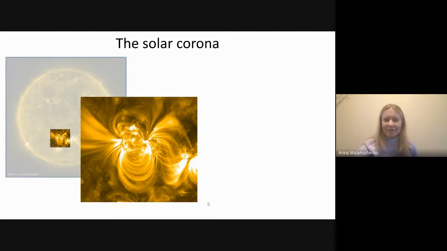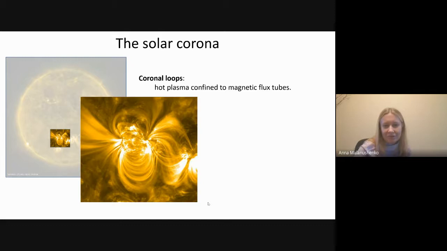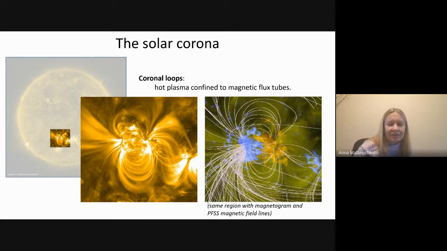The coronal loops are typically thought to be a manifestation of hot plasma that is confined to magnetic flux tubes, heated to just the right temperature so that we can observe it in whatever wavelength we are looking through. Here is a comparison of the same active region. On the left is an extreme ultraviolet image, and on the right, the overlay in blue and red is the photospheric surface magnetic field, and magnetic field lines. As you see, the magnetic field lines do not identically correspond to the directions and shapes of coronal loops, but there's a certain resemblance.